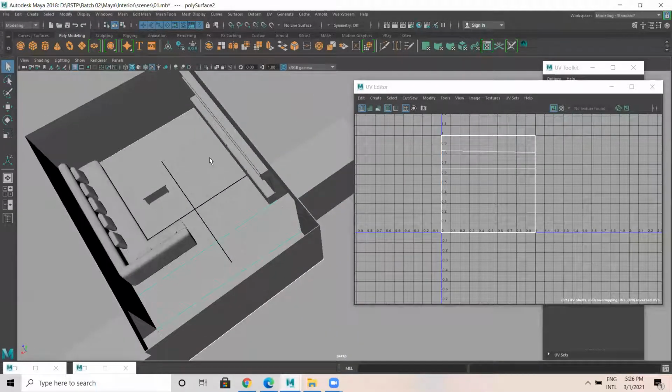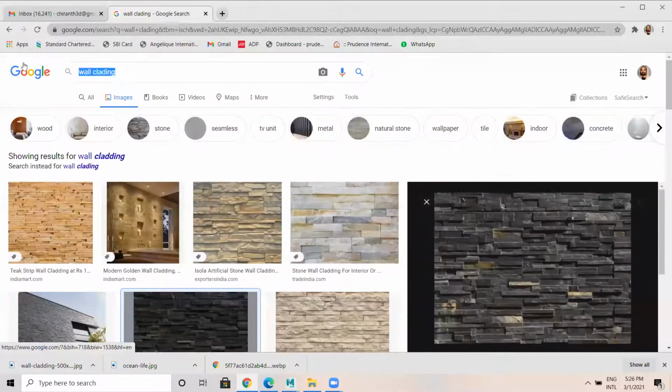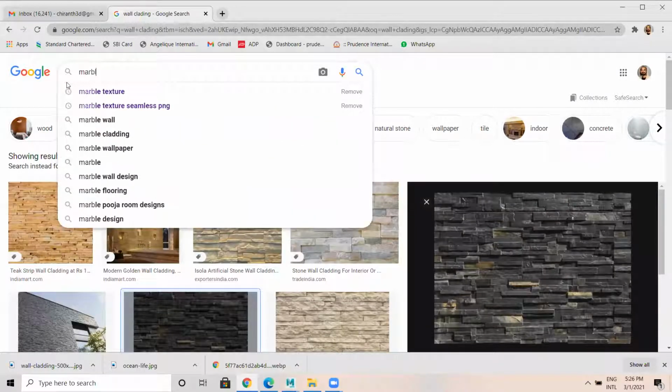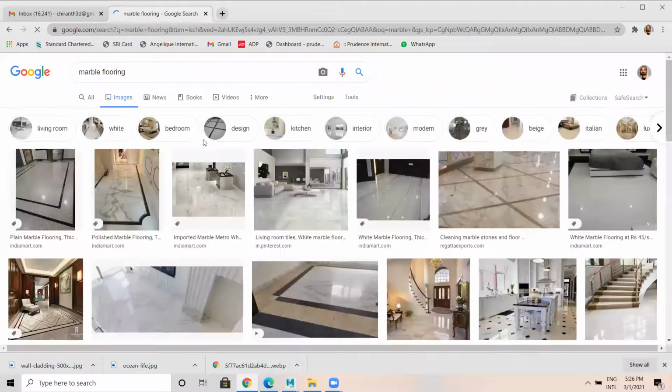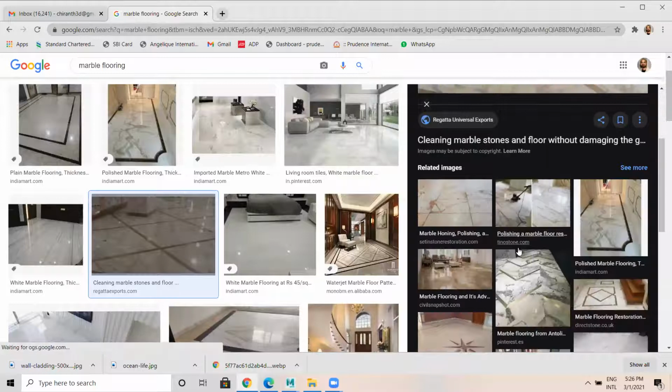So now after this, I need to apply floor, marble floor, something like this. We need a seamless texture.